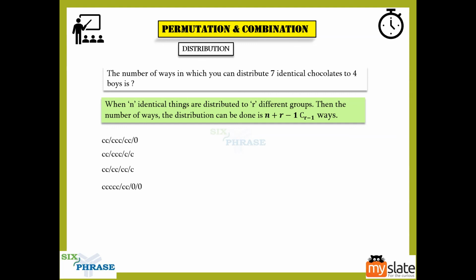First person can have all the 5, the second person can have 2, and the third and the fourth boys can go without having anything. And similarly, all the 7 the first person can take, and the second, third, and the fourth boys have nothing. This is also a possibility. And similarly, this is also a possibility. All these are possibilities, and these possibilities keep on going, guys. So you don't need to sit down and write down everything. It will take a lot of time.